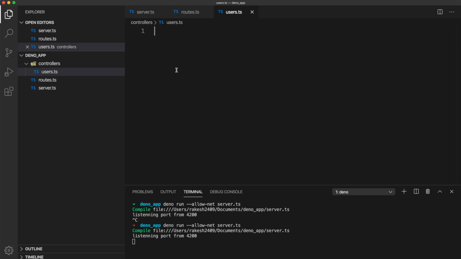Okay, so this is the file we're going to use to separate out the methods, and the other file we need at this level is called